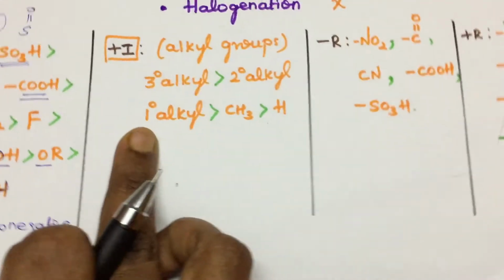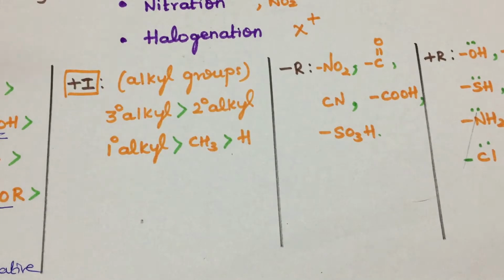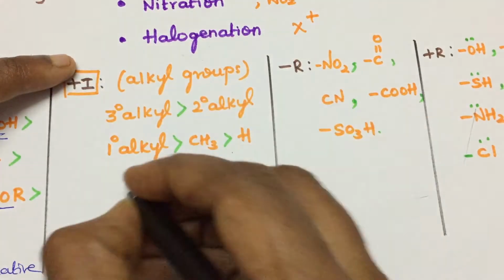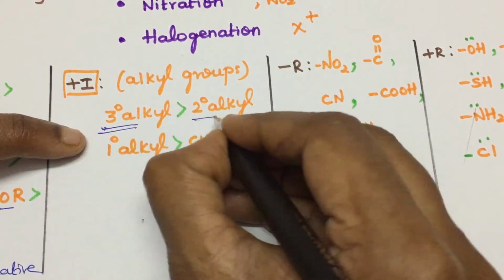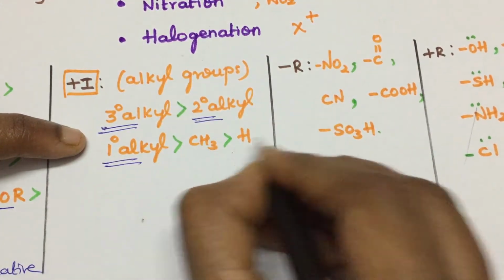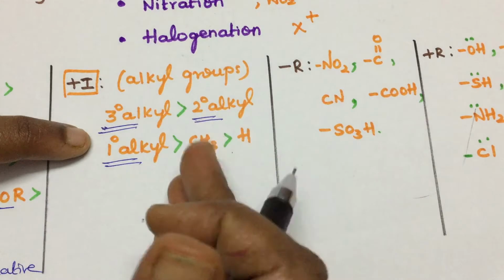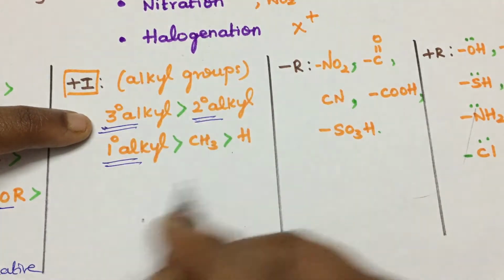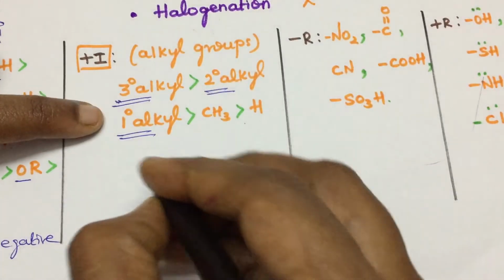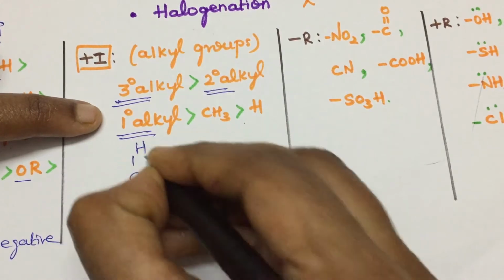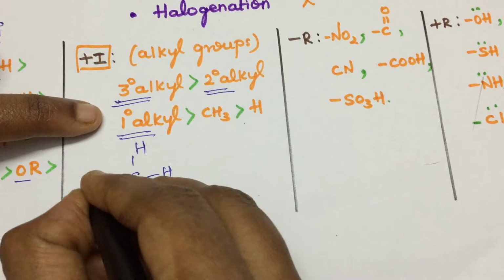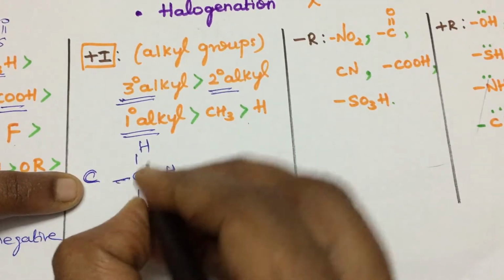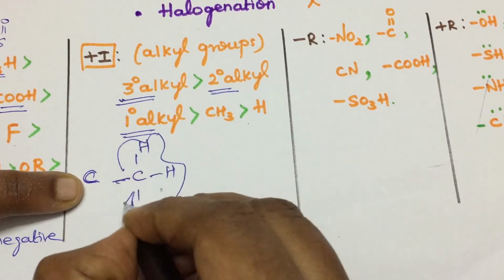Okay, so what is a plus I group? All alkyl groups, whether it is a long chain alkyl group or a branched one. Okay, so the tertiary alkyl, secondary alkyl, primary alkyl, it decreases in this order. Then once again, what makes the alkyl more electropositive than the carbon? See here, the carbon of interest. Here an alkyl group is attached, which makes it